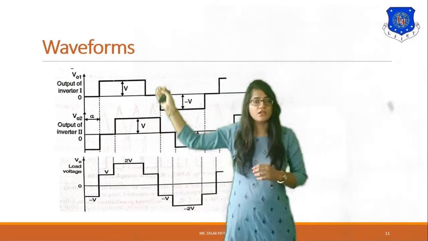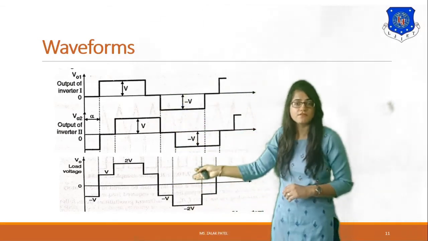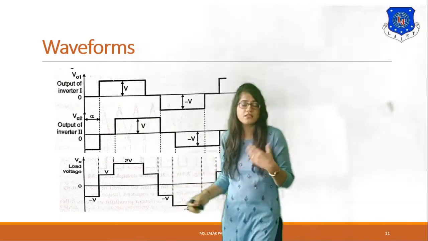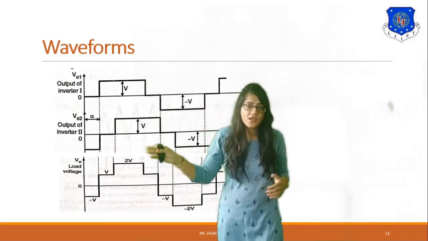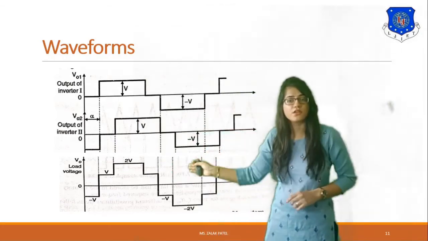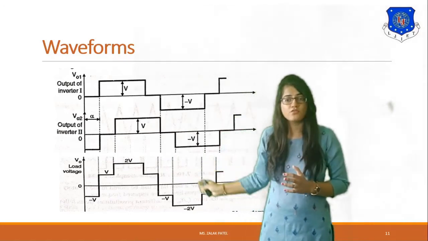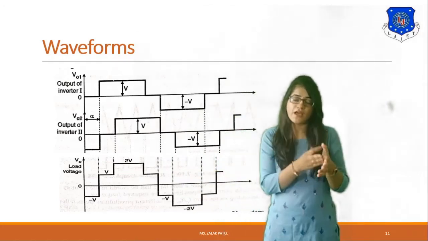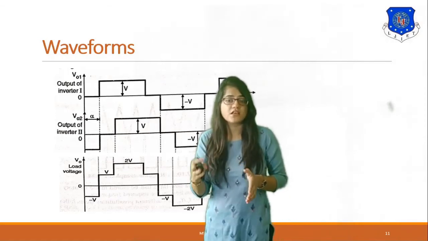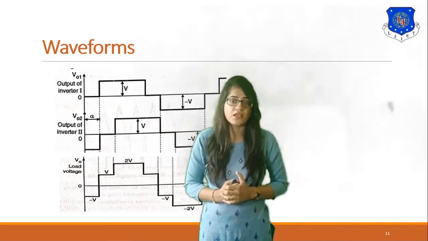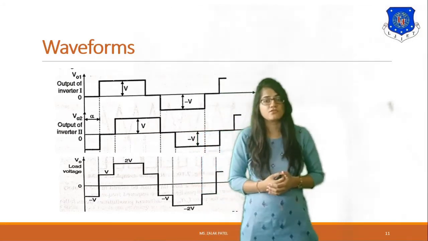For the second interval it will be plus V and 0. Plus V and 0 gives us the plus V voltage. In the same way, in the third interval both voltages are high, means V plus V, so it gives us two times the voltage. So this is how we get the waveforms by addition of the output of each transformer. This happens in the case of phase displacement. Here the role of the angle is also important.